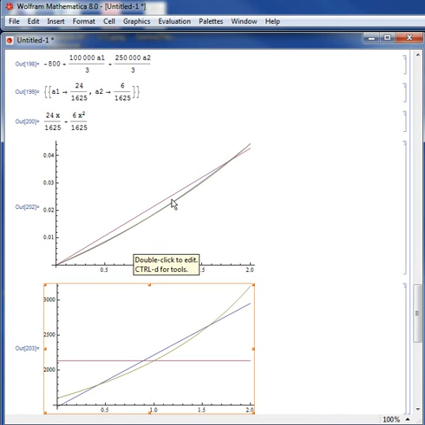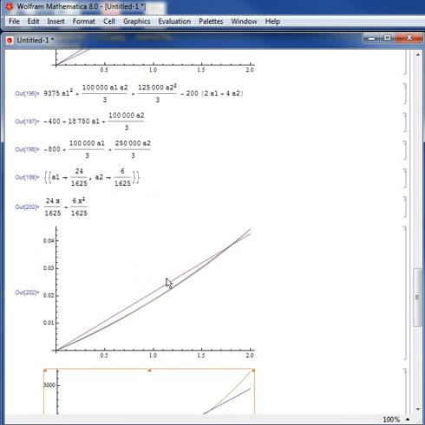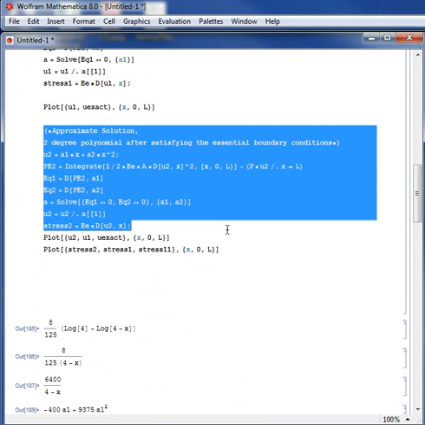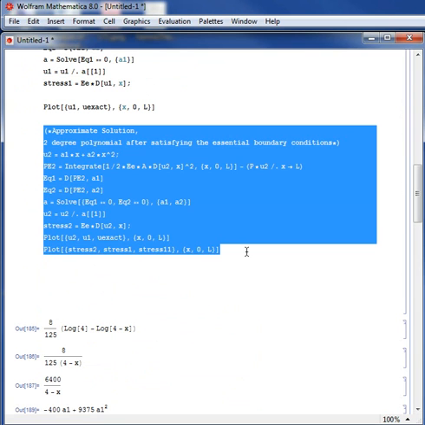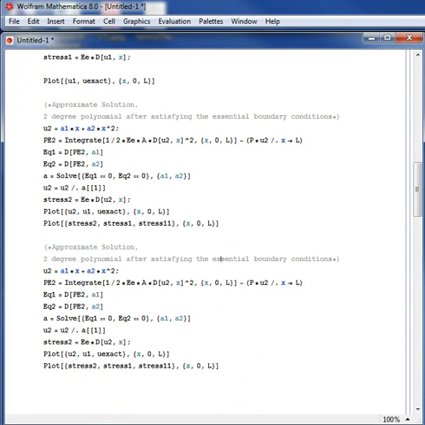When I use an approximation for the displacement, it's almost as good as the exact, but for the stress, it's really far. I actually need to do it a third time to get a good approximation for the stress. So I'm going to copy this and paste, and for the third degree polynomial, I'm going to call this u3. So this is a3 multiplied by x bar 3. The potential energy 3 is equal to this,